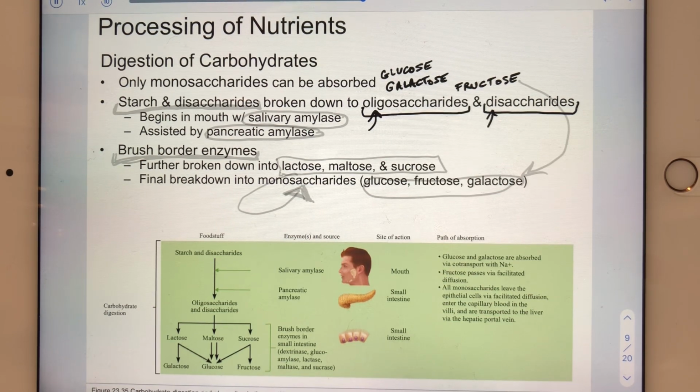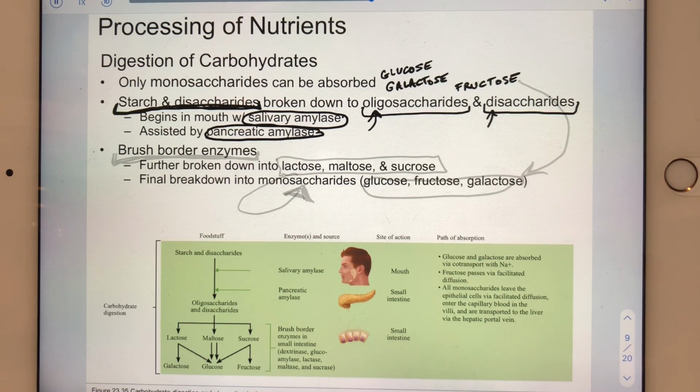And we start breaking down some of our ingested carbohydrates again in the mouth, primarily with the help of amylase in saliva, okay? And then we hit our carbohydrates again in the duodenum by exposing them to pancreatic juice, which also has amylase. And those two things, amylase in general, but from those two sources, saliva and the pancreas, are going to break down starch and things that we ingest as disaccharides, okay? Whereas we still need to break down oligosaccharides and disaccharides. Again, we want to get monosaccharides. And so the final